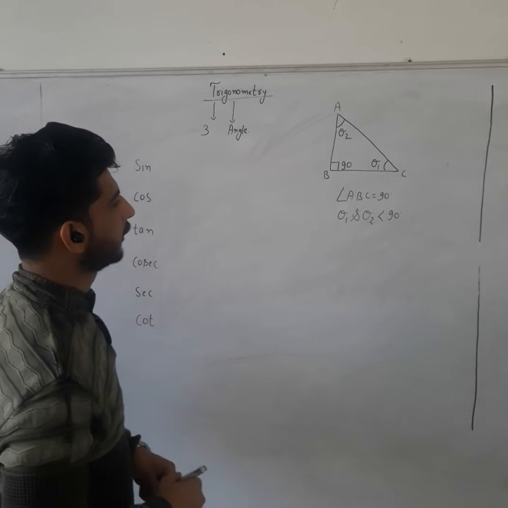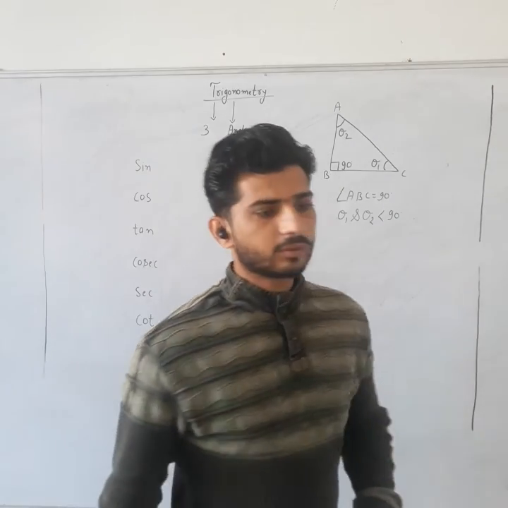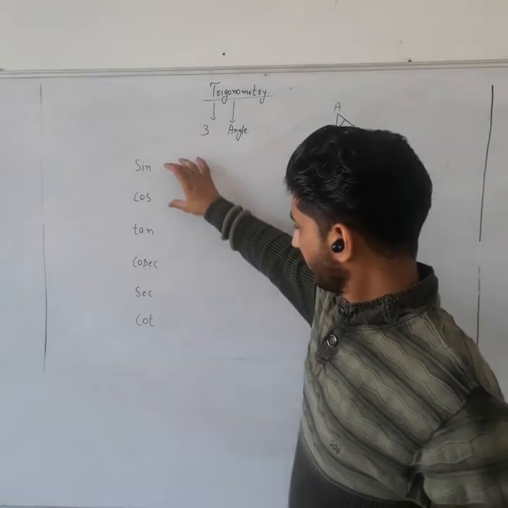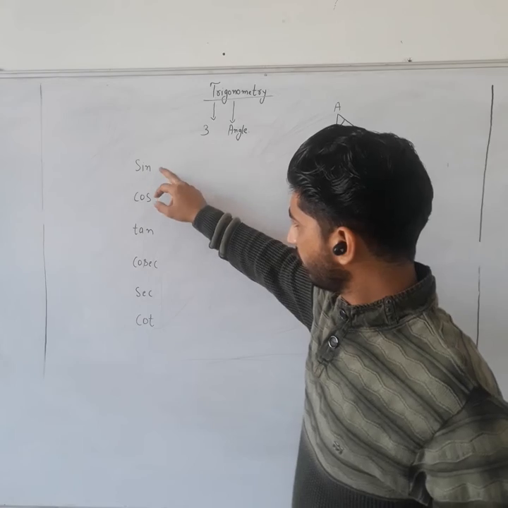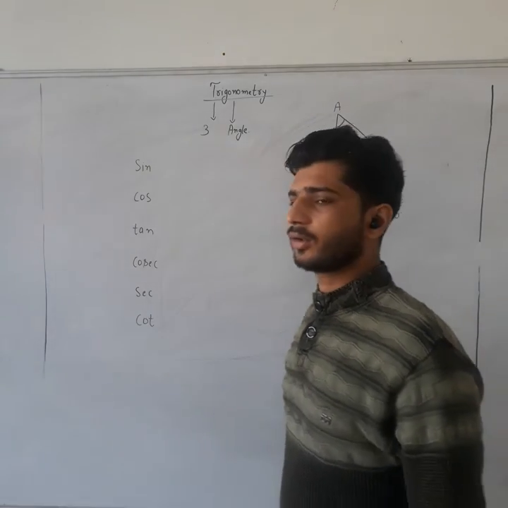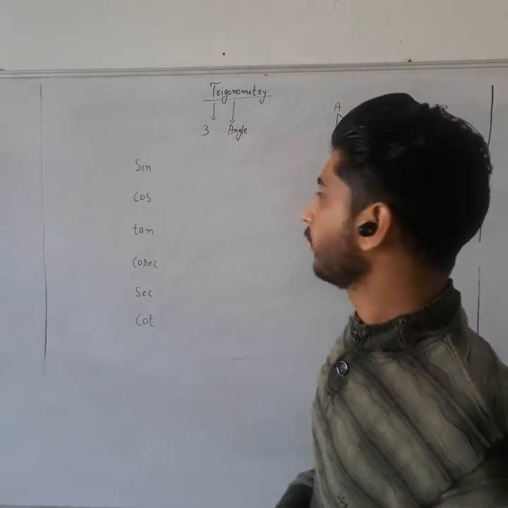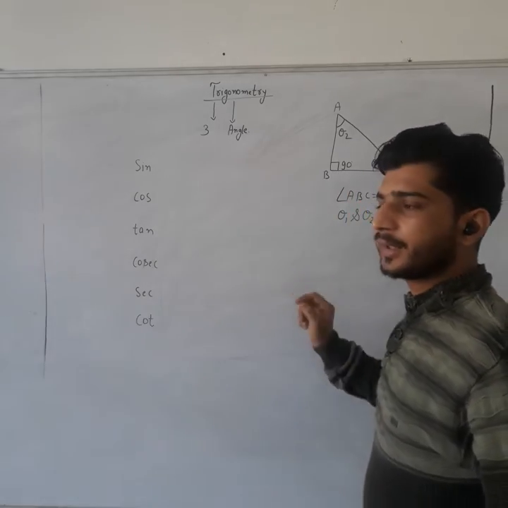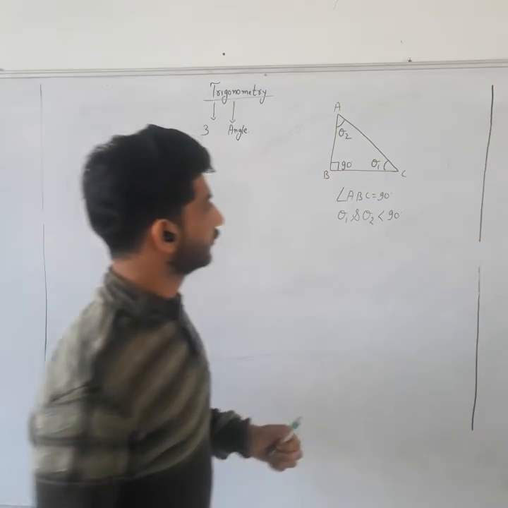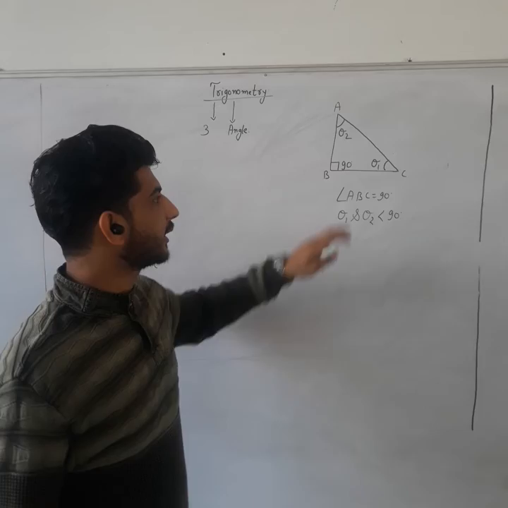Okay. So before we start the ratios in the form of sine, cos, tan, cosec, sec, cot, first we have to discuss what the Pythagoras theorem is, because in any right angle triangle,